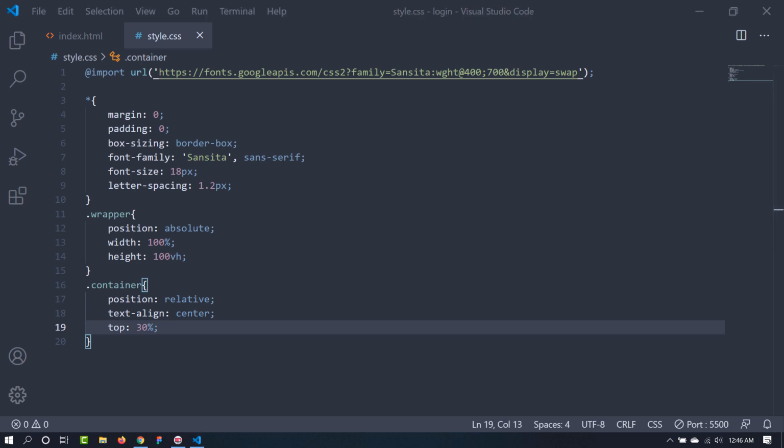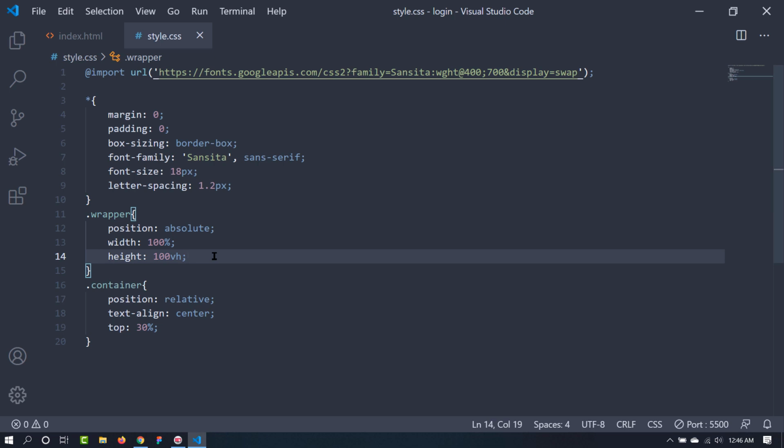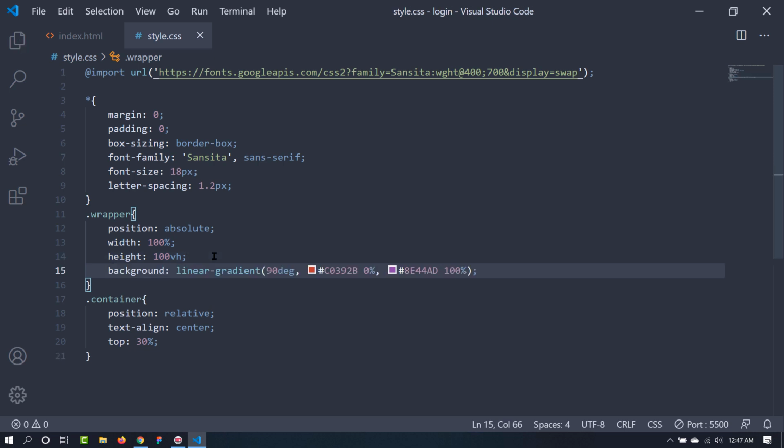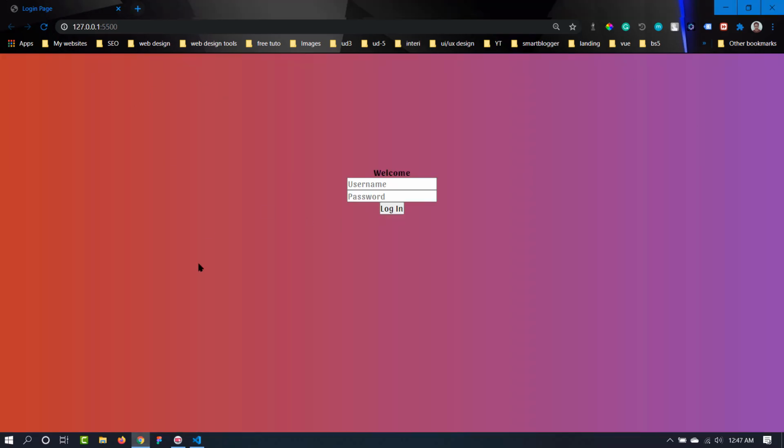So I have designed it in Figma, and we can actually copy the CSS property for the colors from Figma.